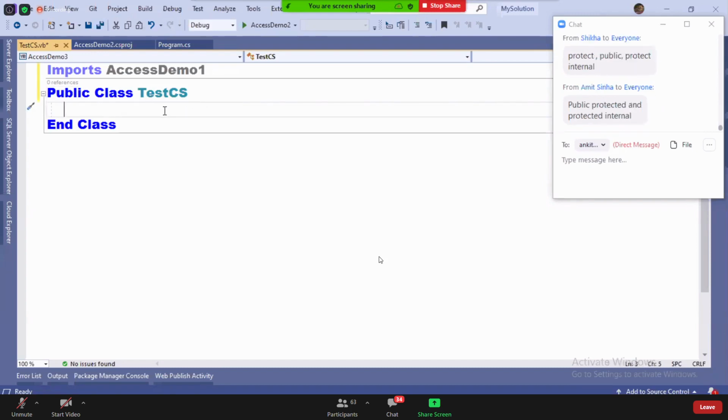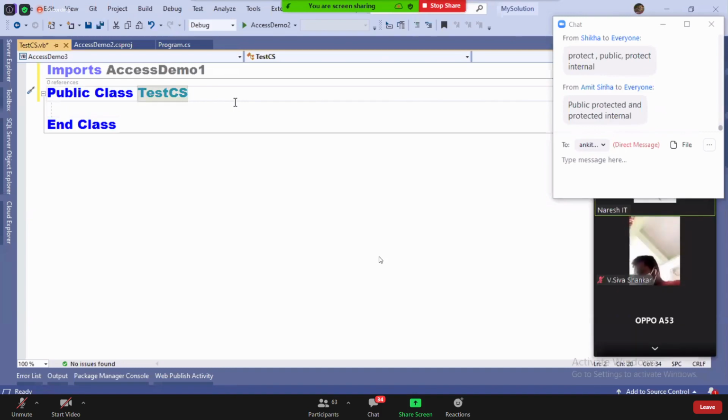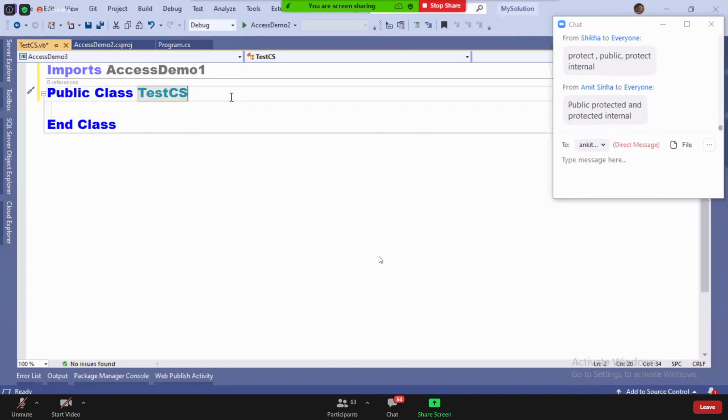Simple. Last class only explained you. If I inherit, it's a child class in another project. If I create an instance, it's a non-child class in another project. Last class I showed you. A child class in other projects can call 3 methods. A non-child class in other projects can call 1 method. We already analyzed it in the last class.